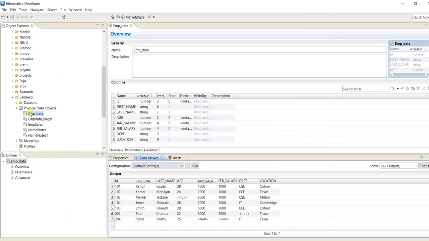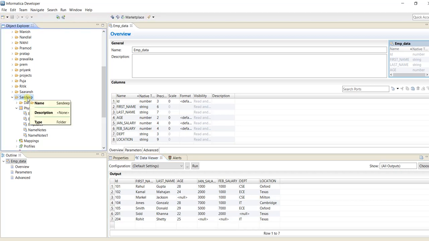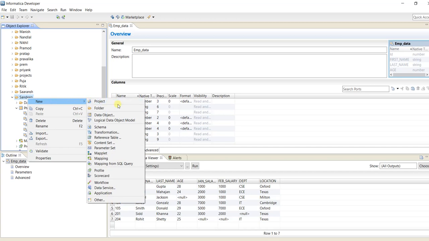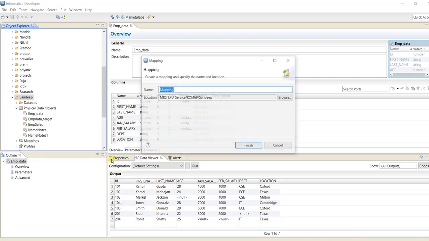To create a mapping, you'll be right clicking on your folder and clicking on new mapping. You have this mapping option there. I'll be skipping 2 to 3 seconds because I want you to perform along with me. All right, so once I click on the mapping,